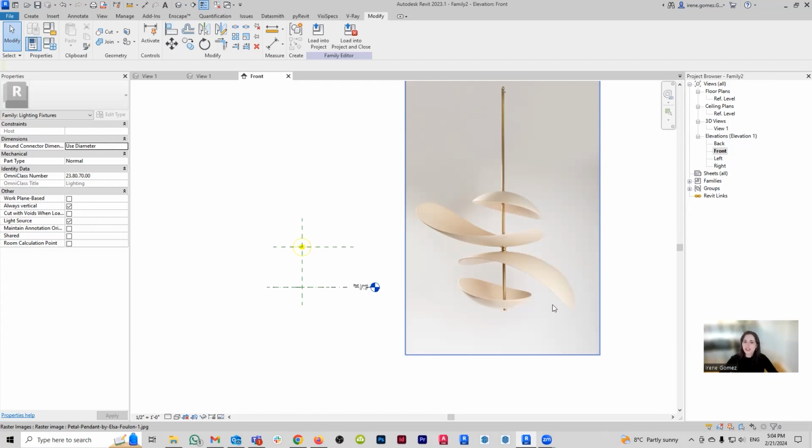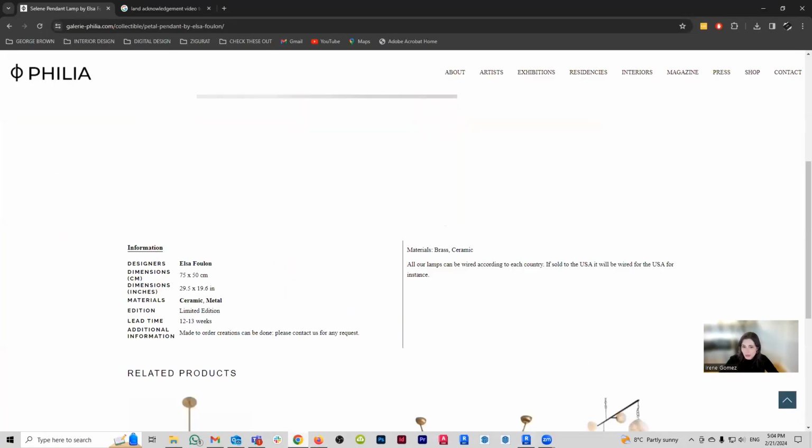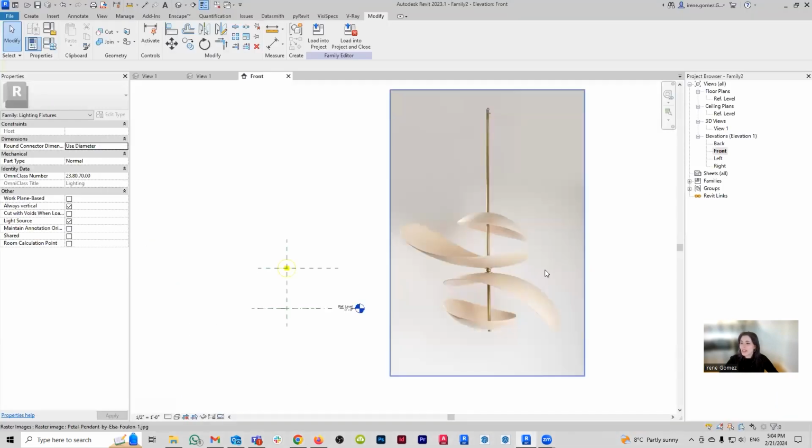Okay. So we said 75 centimeters by 50. I'm going to assume that the 50 is from here to here, and I'm going to assume that the 75 is from here to here. Yeah, I'm going to assume. So I'd rather work with this dimension because I'm a little bit worried that these leaf elements are distorted by the perspective. So what I'm going to do in order to